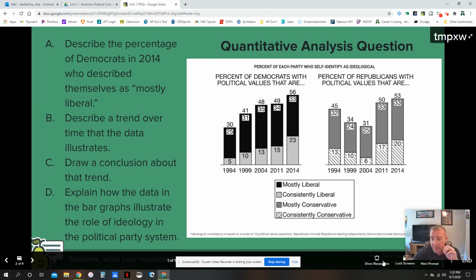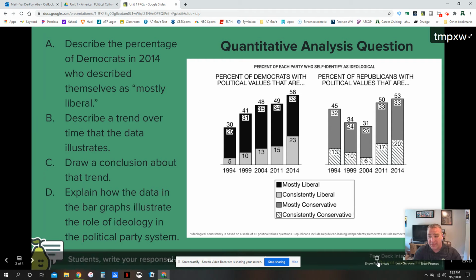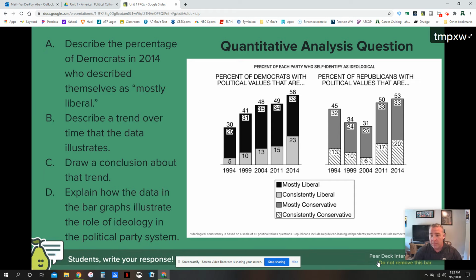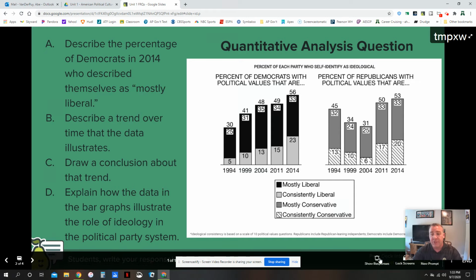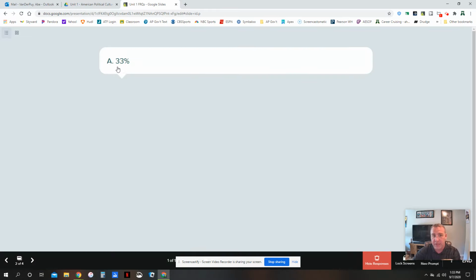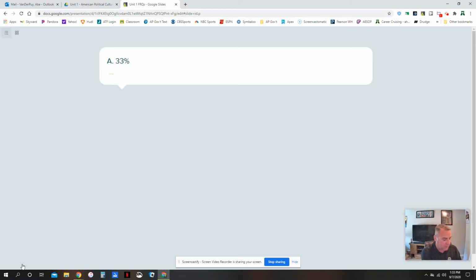Now, as I'm looking at this, I can switch to show student responses. So students will have this question up on their screen, but for me, I can then show students as they write. I can have my screen change. So you notice that I already typed in 33%. And as I keep typing, you can see it in real time. I put a B there, and I'm going to answer